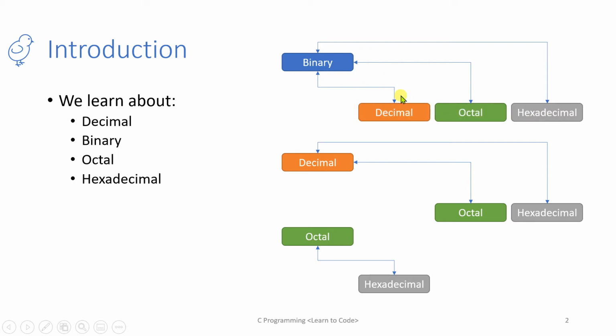That is, a decimal number is given and I want to convert it into a binary number. An octal number is given and I want to convert it into a binary number, and so on. Serially, when a decimal number is given, I want to convert it into octal and vice versa. Similarly, decimal to hexadecimal and vice versa. Then octal to hexadecimal and hexadecimal to octal. All these conversions we are going to study one by one, and every part will discuss one technique. This particular lecture is based on how to convert a given binary number to its decimal equivalent.